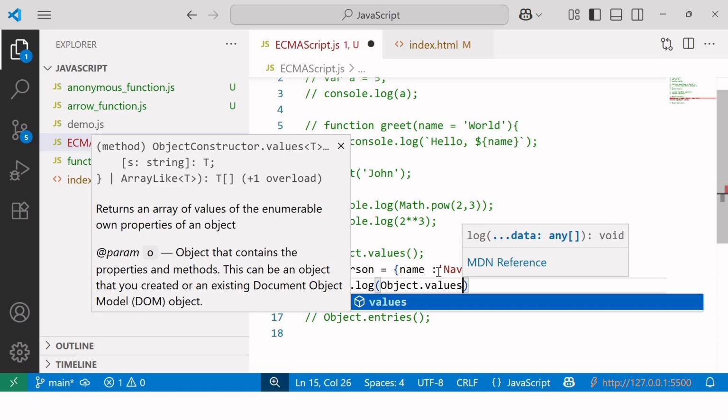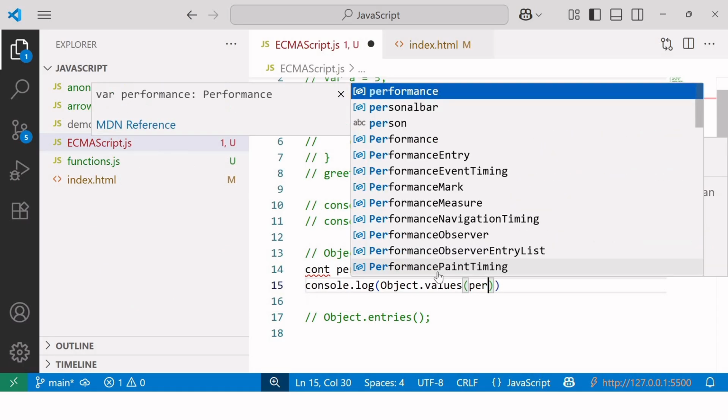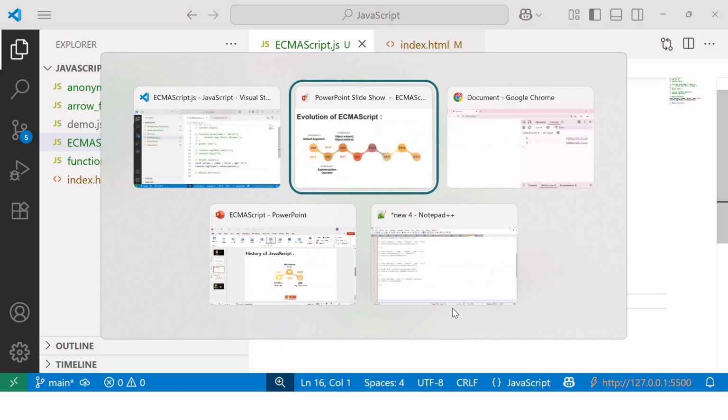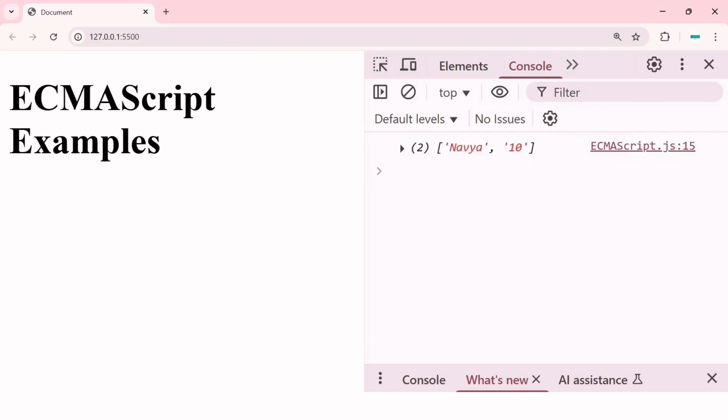And after that, I'll write console.log and inside this, I'll use Object.values. Inside brackets, I'll pass person. Let me correct the spelling of const, C-O-N-S-T. Okay. Now, by writing this Object.values, we can access the values of this person object like Navya and 10. So let me navigate to the browser and here you can see we are getting the values Navya and 10